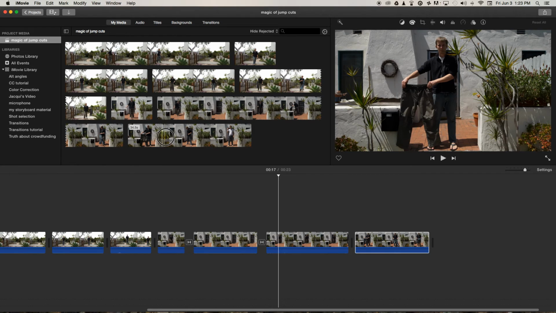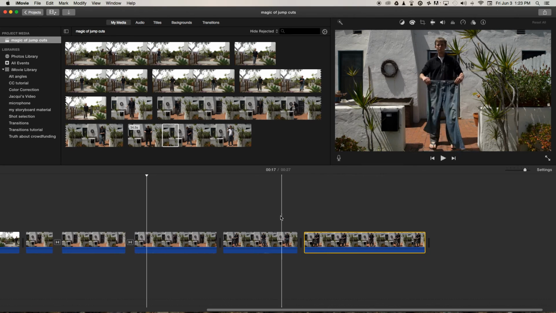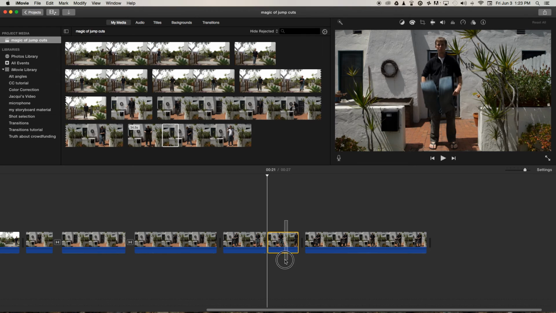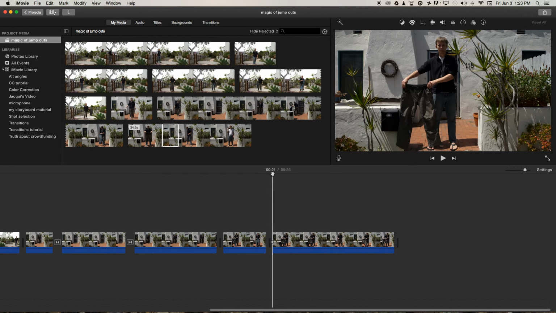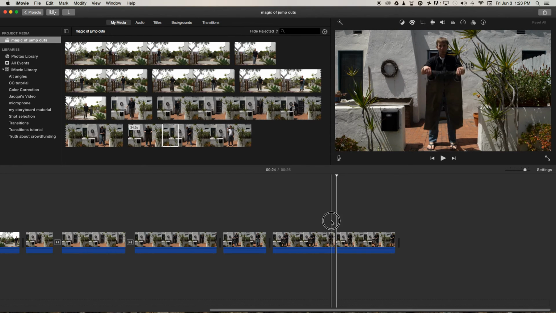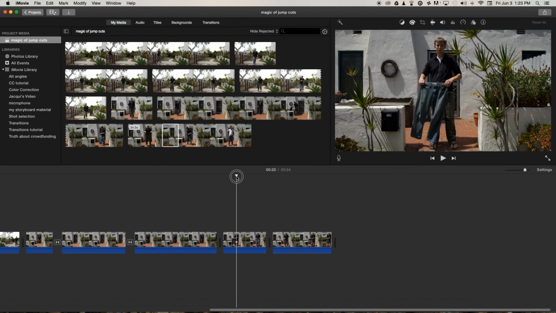Okay, so we're going to choose about that much of this clip. And the process is the same, even though we've got 2 separate recordings here. And I'm going to make the cut on the point of most action on screen. So I'm going to press Command B and get rid of the last half. Now we've got the second clip, and again I'm going to cut at the point of most action where there's a similar shape of the pants on screen, and press Command B, and now I'm going to get rid of the first half. If we play through,